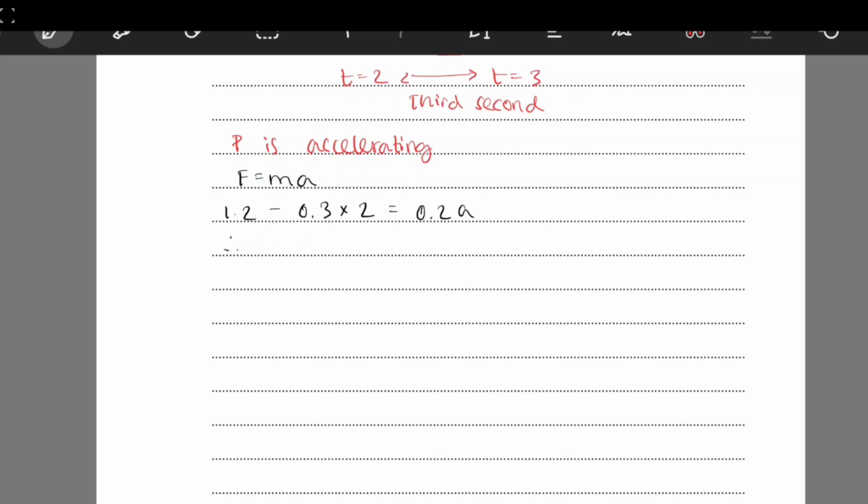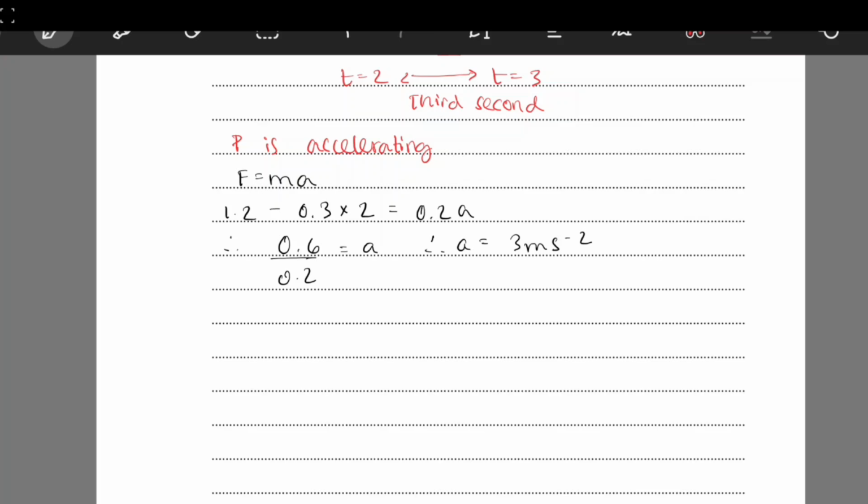Therefore, rearranging the equation, 1.2 minus 0.3 times 2, I can say 0.6 divided by 0.2 is equal to a. Therefore, a equals 0.6 by 0.2. a is equal to 3 meters per second squared. Since this is the new acceleration,